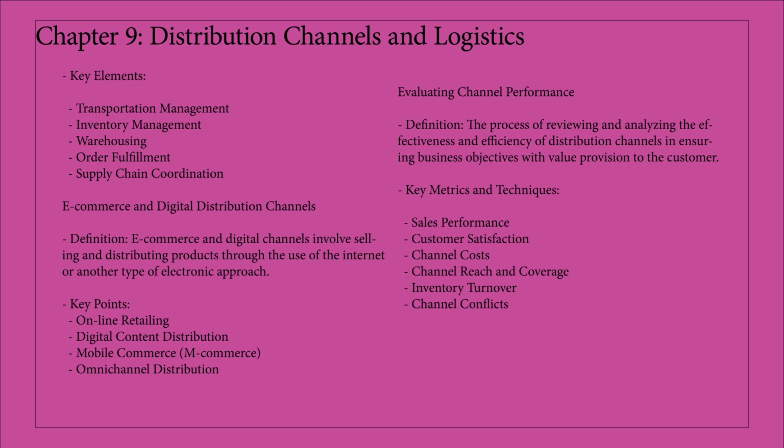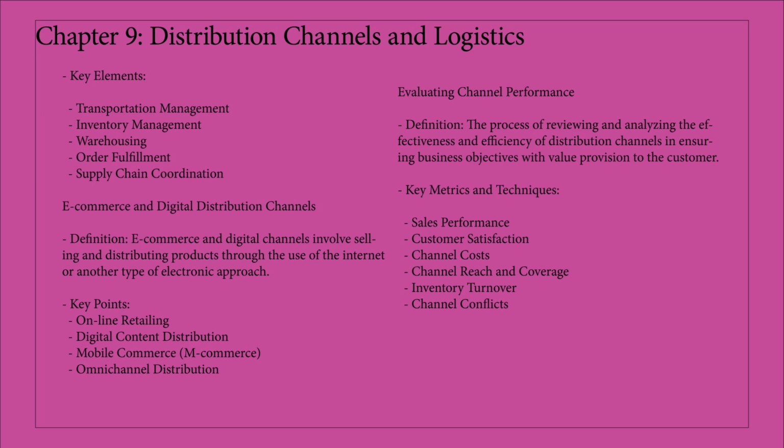Order fulfillment. It's the process of receiving, processing, and making deliveries of orders to customers. This process involves picking, packing, and shipping orders quickly and efficiently. Supply chain coordination. Many activities of suppliers, manufacturers, distributors, and retailers must be managed and integrated to function appropriately. Coordinating the production schedules with demand forecasts is an example.